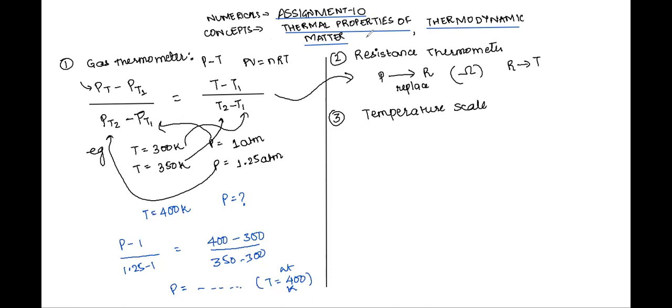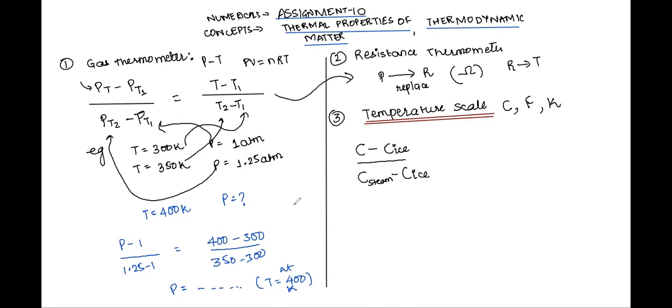So we have different temperature scales given. One is, we know, Celsius, the other is Fahrenheit, right? And then we know one is Kelvin. Let's see the link between them. So how do you relate the temperatures? It is C minus ice point in C, whole upon the temperature at steam point minus ice point.